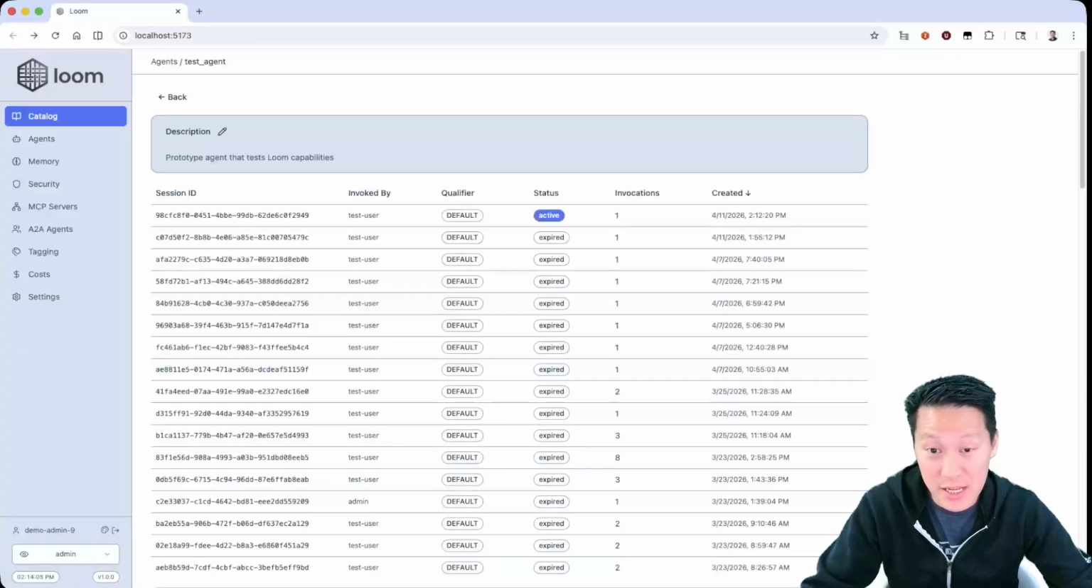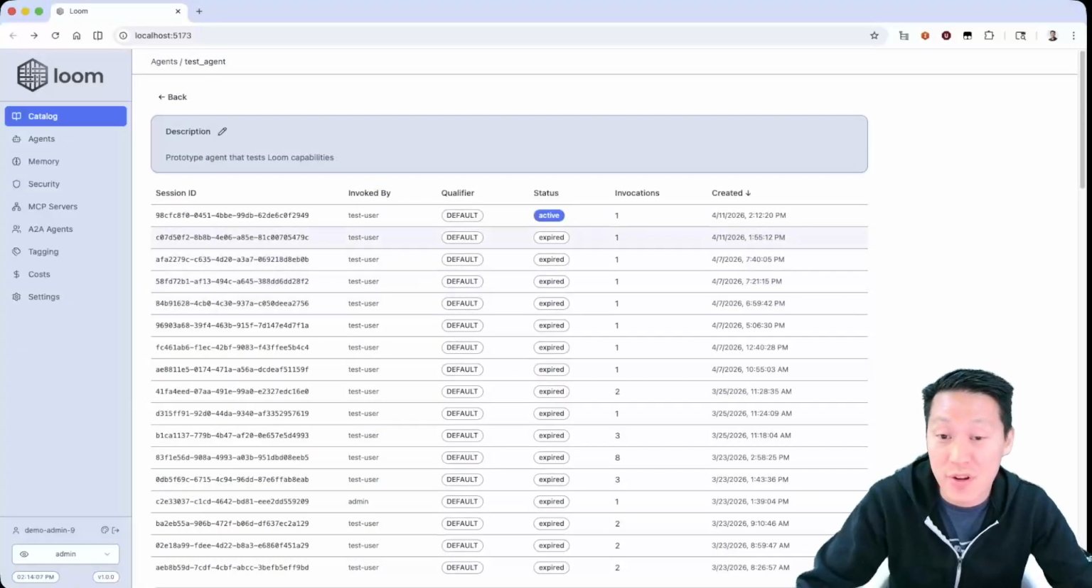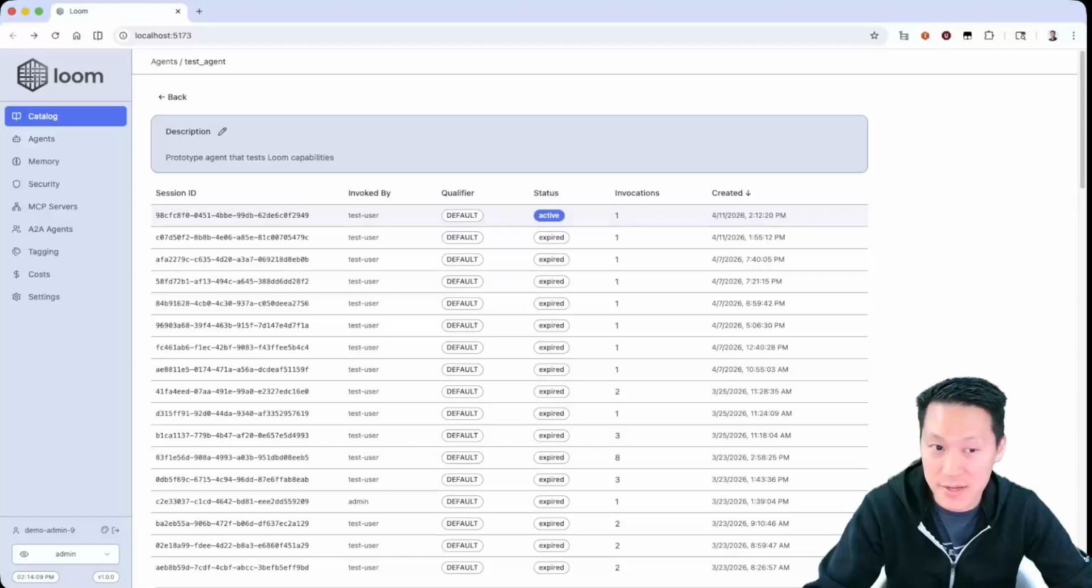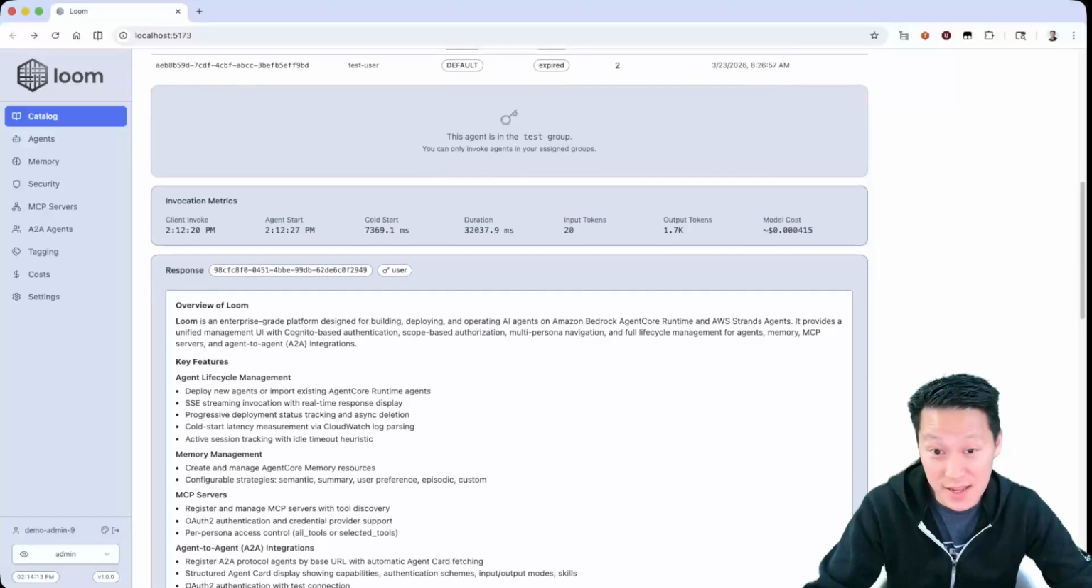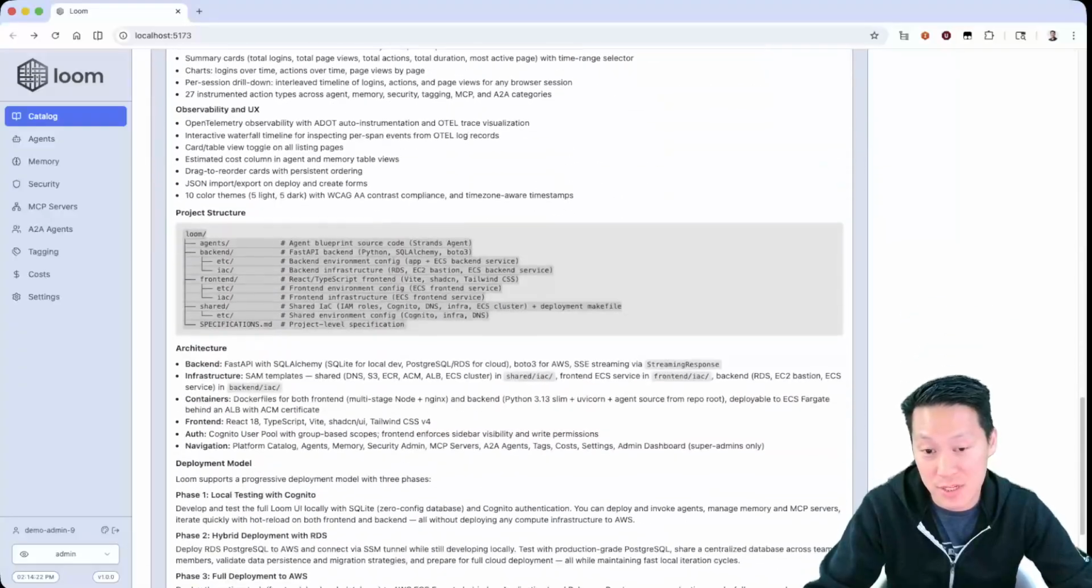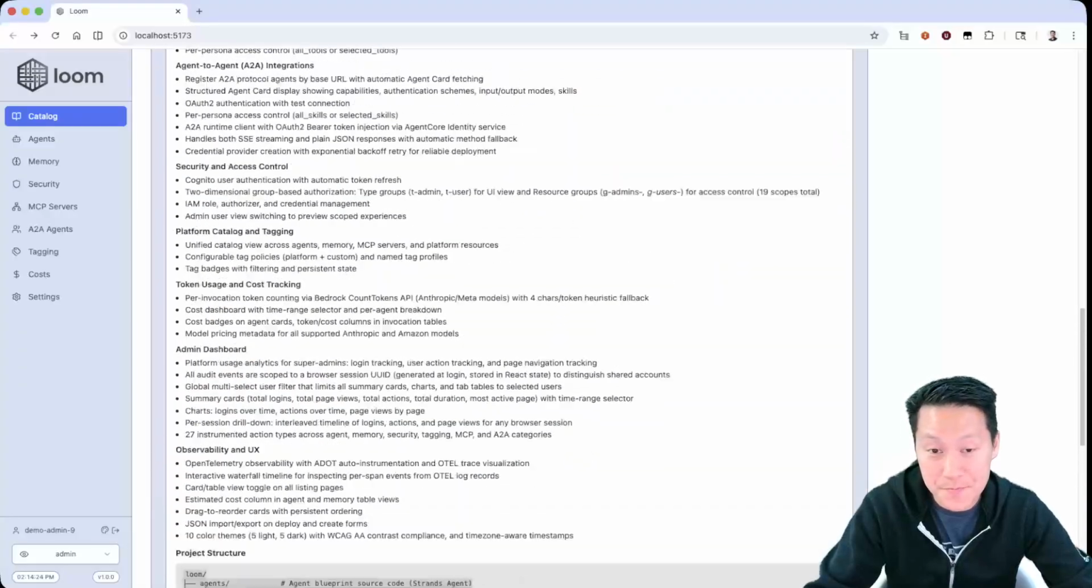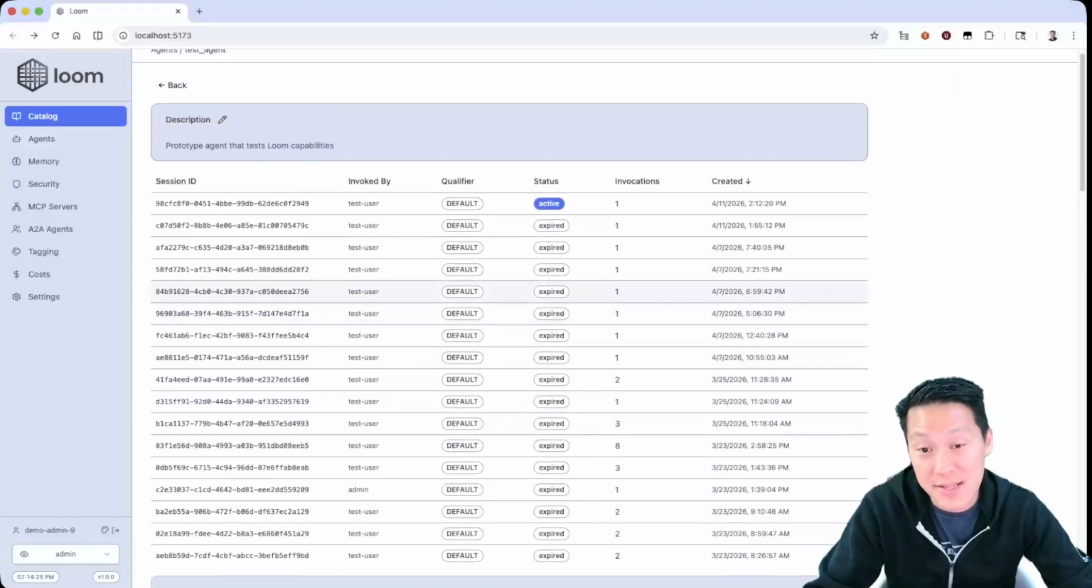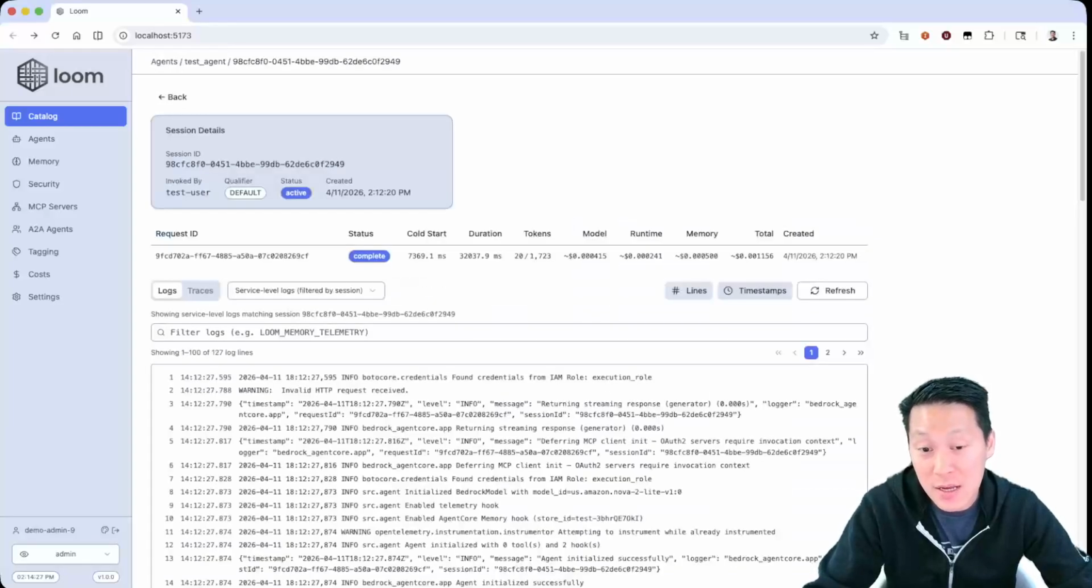So if I come in here, you'll see that I could see the prior history of all sessions and who invoked it. You'll see that this one in particular is still active. And you'll see that I could see some of the invoke metrics. These are all calculated by Loom. So these are all estimates of cold start duration, etc., and the last response that we saw as a test user. What I can also do now is click on the session ID and get a bunch